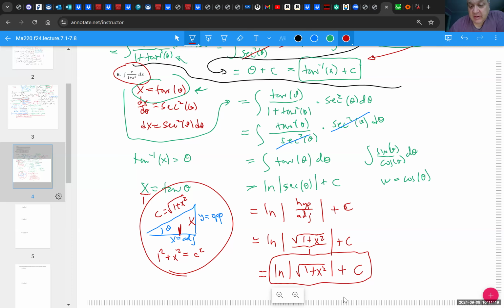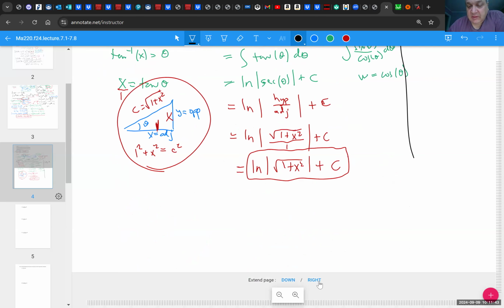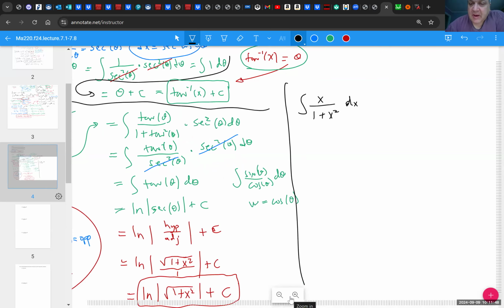One little side note: I did set up this problem for a couple of reasons. Going back to the original problem itself, the original question was this integral. Some of you may have noticed, because some people are just really good at spotting things, that this problem can be done with just normal U substitution, or what I've been calling W substitution recently. If I make the bottom part the U, or in this case the W, just to keep things a little more straightforward,